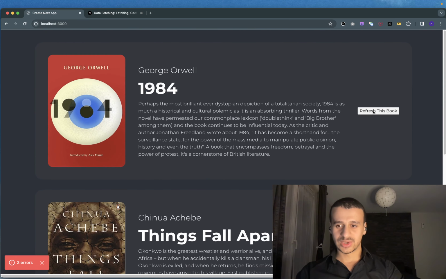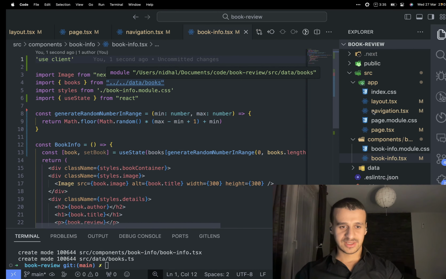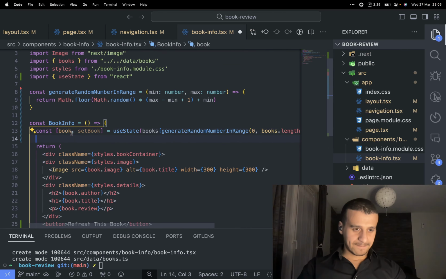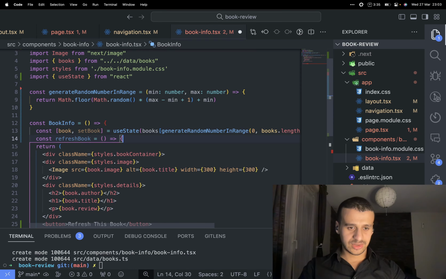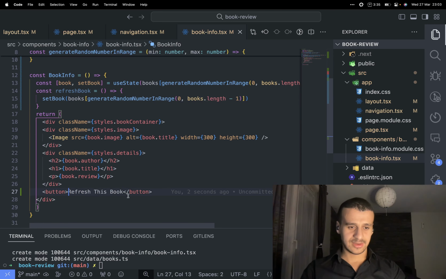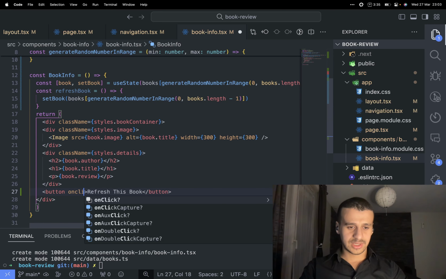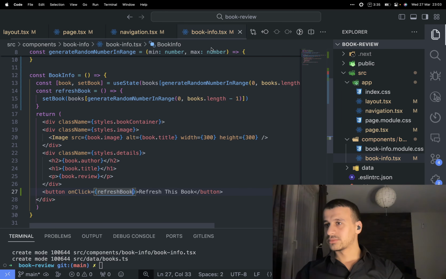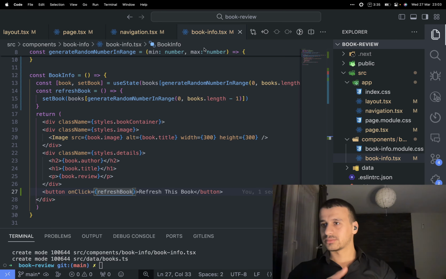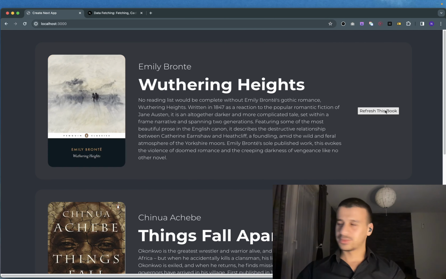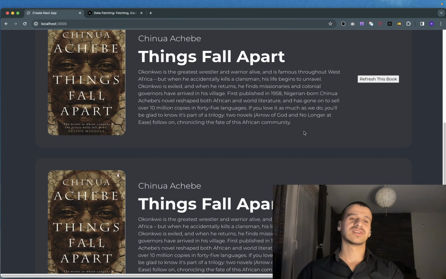I mean, we're getting two errors, of course, and it's still not working because I haven't connected this button. Const refresh book. It does a set book with a new random book. Okay. And then on click, refresh book. I'm refreshing the book. Okay, we got our functionality working. That's great. But